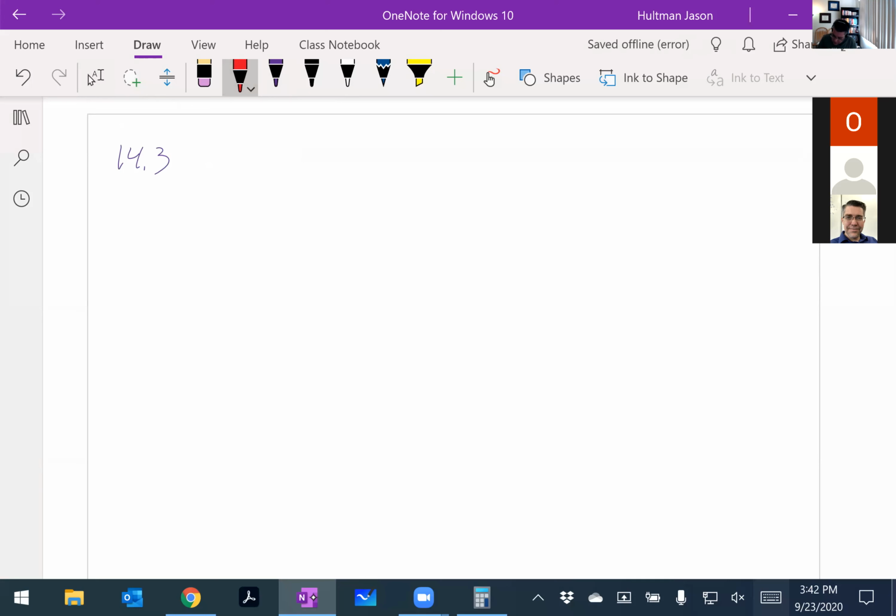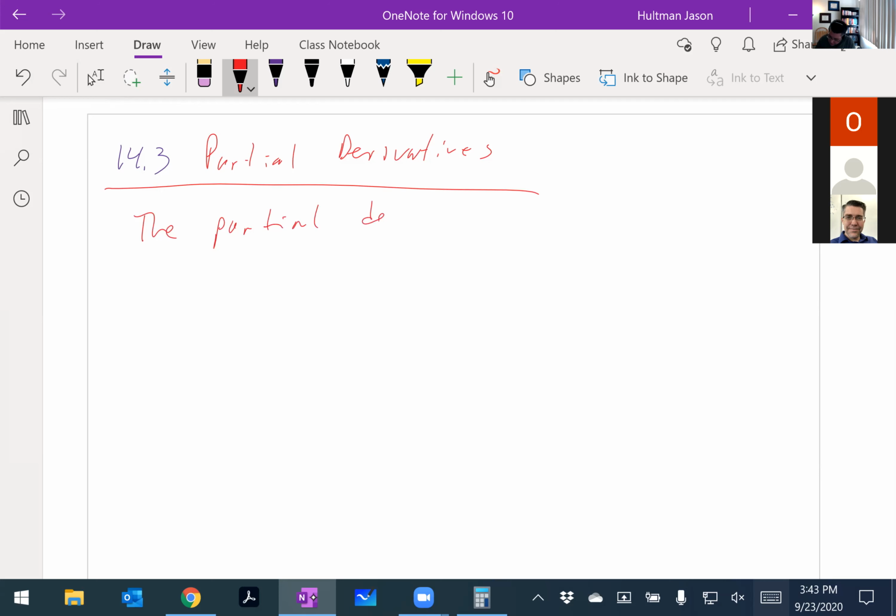Partial derivatives. The partial derivative of f with respect to the x variable, where it's f of x, y, written f sub x of a, b,